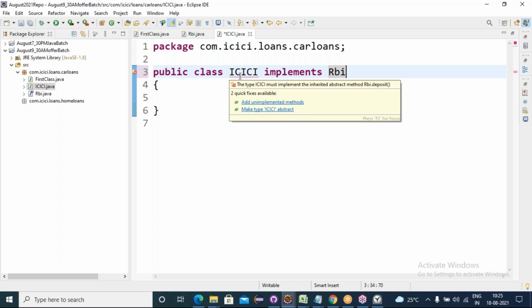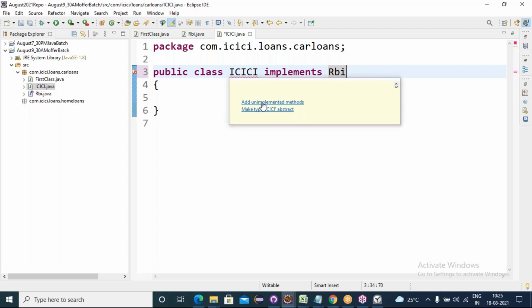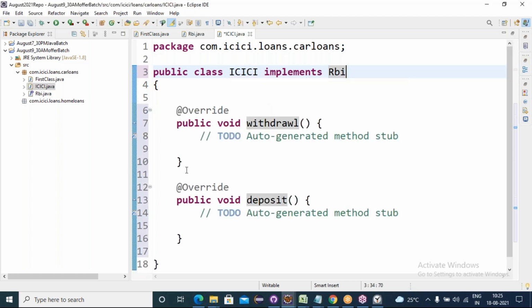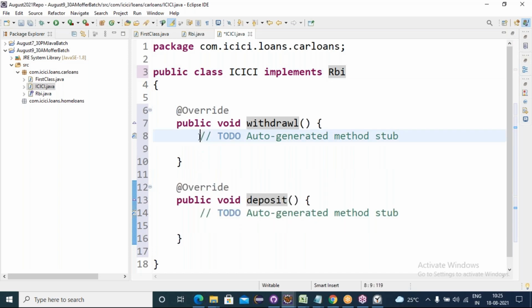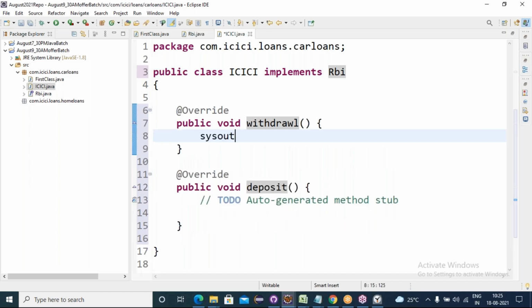Do you want to implement in ICICI? Yes. Then take the quick fix called add unimplemented methods in the ICICI class. Click on it. All the unimplemented methods in the RBA interface get implemented in this child class.